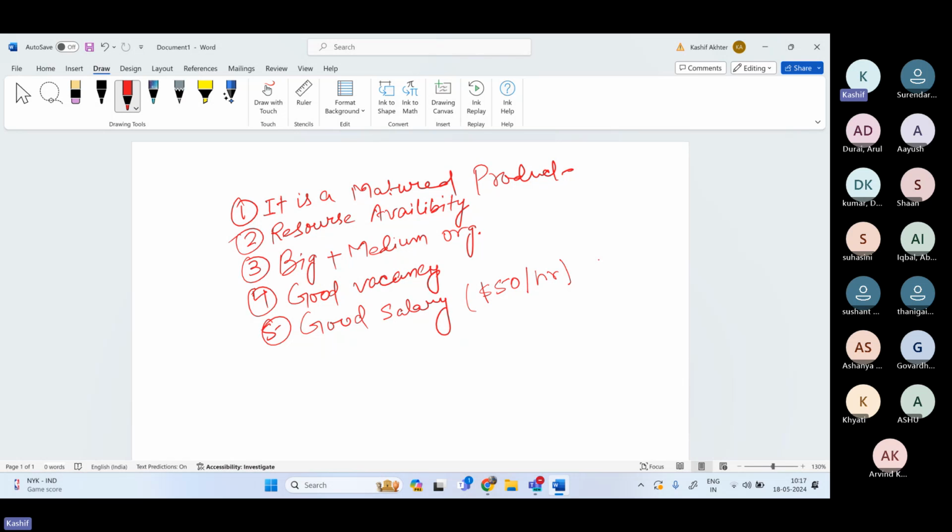In India, the average salary is 8 lakh per annum. Okay. So good vacancies, good salary,